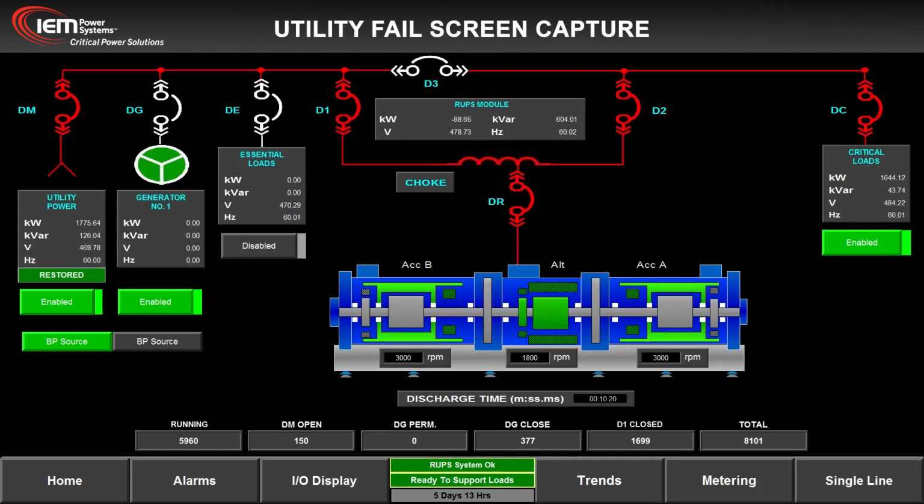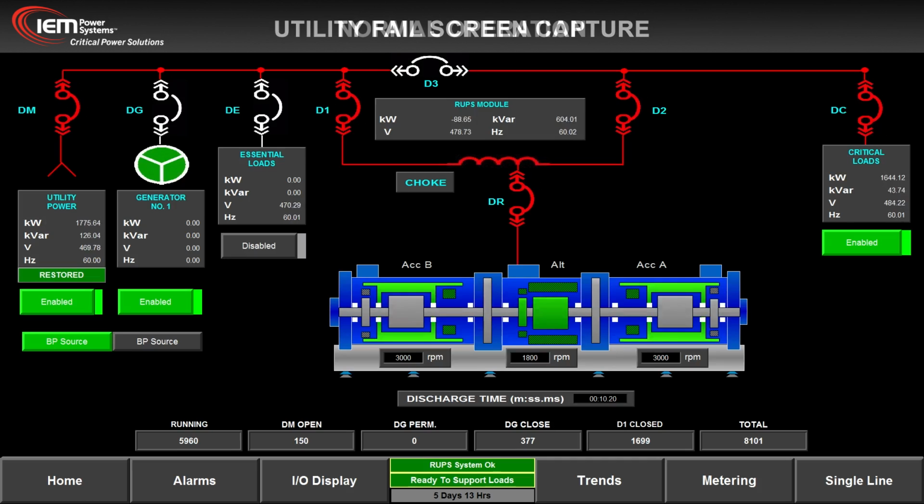Utility fail screen capture. This screen capture of an actual live demonstration is designed to explain in detail the way the IEM Power Systems Rotoblock UPS works. It shows how, even when utility power fails, the integrated Rotoblock UPS system maintains clean, uninterrupted power to the facility's